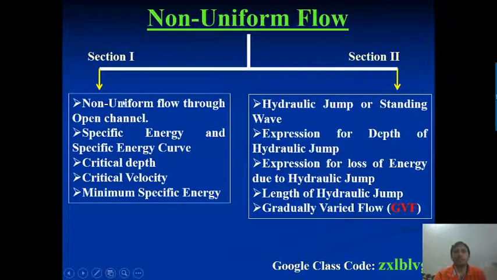This is part 1 which we cover in non-uniform flow, and the second part is about hydraulic jumps. These are very important, because when supercritical flow meets subcritical flow, or subcritical flow meets supercritical flow, or in another way, if two different depths of flow interact with each other, then the energy dissipates in between, and this energy is dissipated in the form of hydraulic jumps.